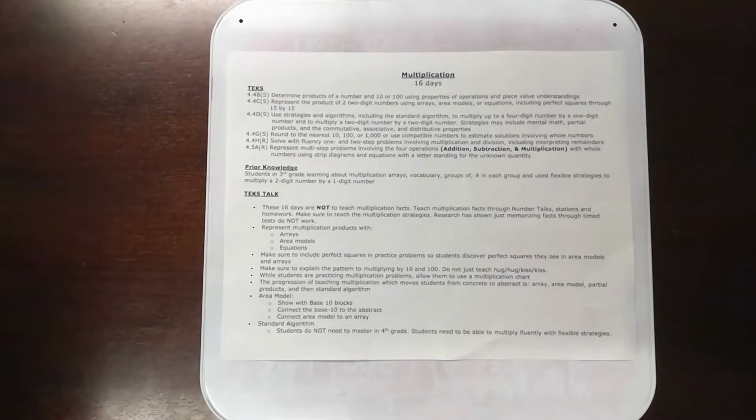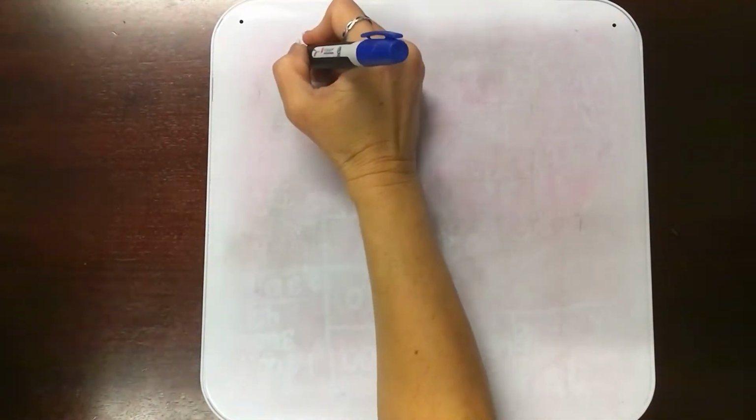So today we're going to start with area models, but then we're going to link them to partial products, and then we're going to link partial products to the standard algorithm. Okay? So let's start out with the problem